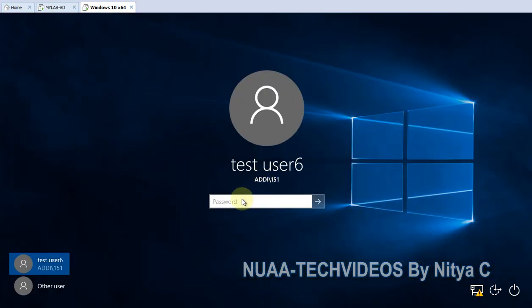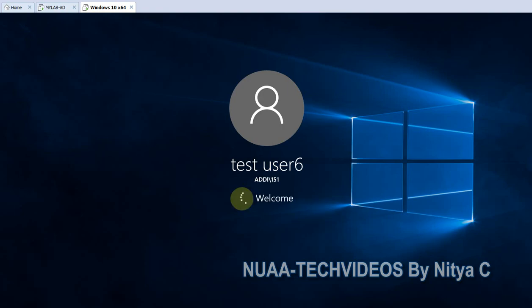Let's log in. So this is how we can run the batch script while the computer is getting on or off.